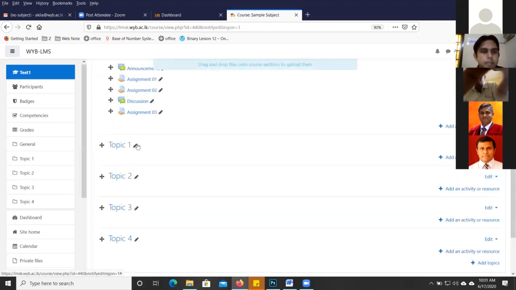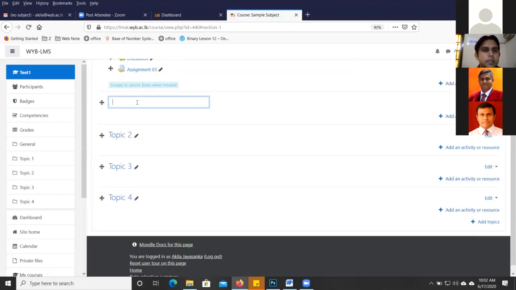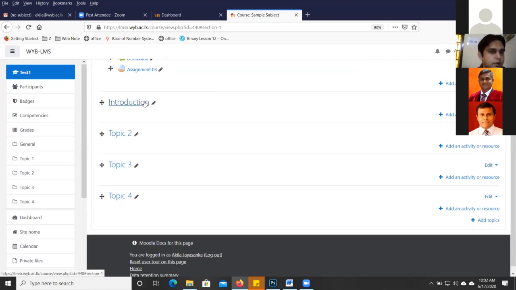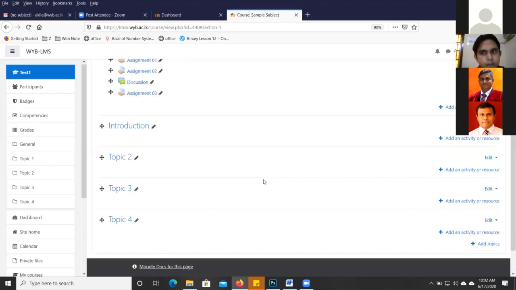Again, this pencil icon is also a universal icon. Anywhere that you see this pencil icon, that means you can change the name, change the text. That's the meaning of this pencil icon. So here there is a pencil icon. If I click here, you can see I can change the topic. Again, it is important that when you change this, you have to press the enter key. Otherwise, it will not be saved. When you edit, you have to press the enter key to apply that. Again, if you have any questions, please ask.